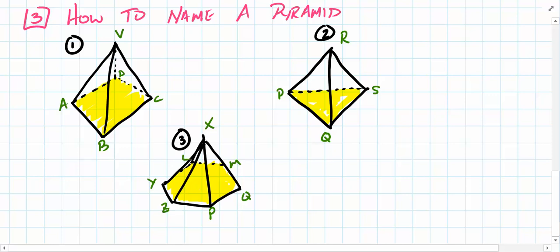So in order to talk about a pyramid, to name a pyramid, we have to have all the vertices named. So I just gave them letters. Now let's talk about pyramid number one. I'm going to do this in this blue for you. The first thing we do is we describe the base. So how would you describe the base in pyramid number one? Square or rectangular, right? So we have a rectangular